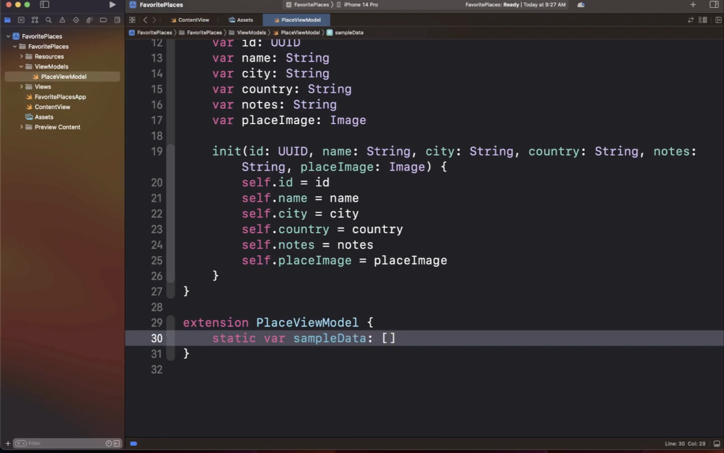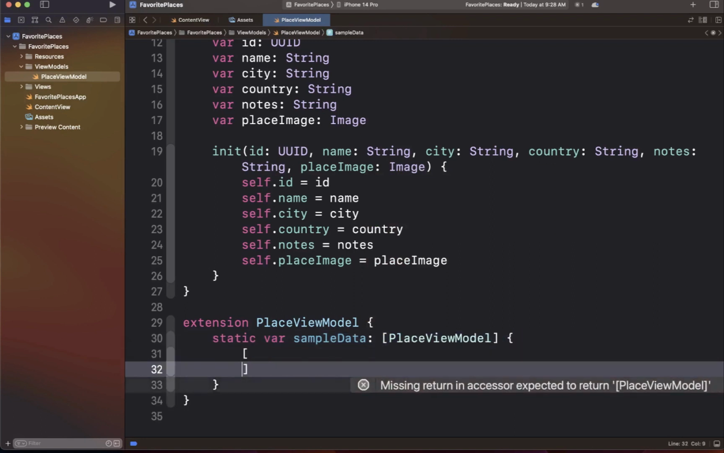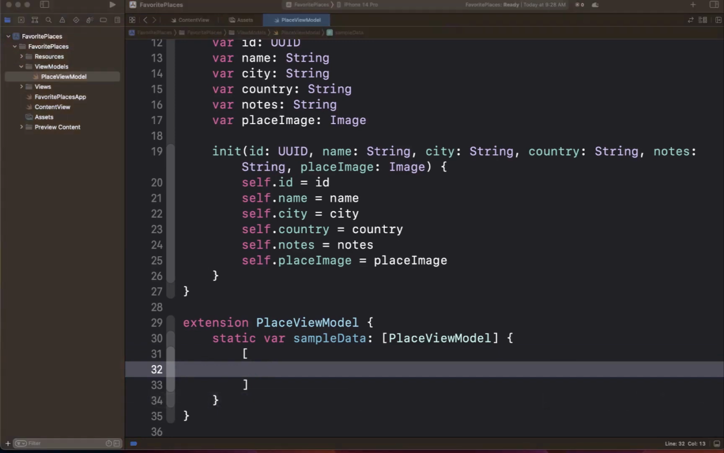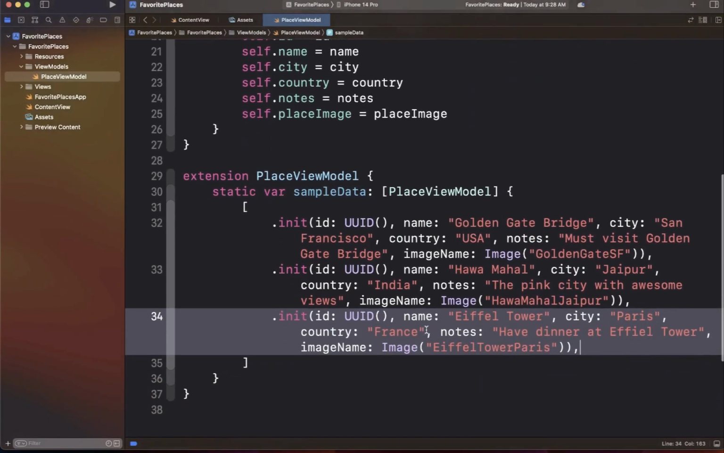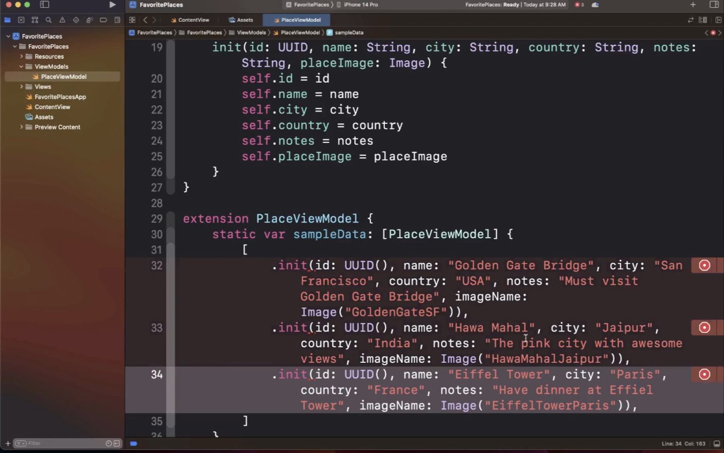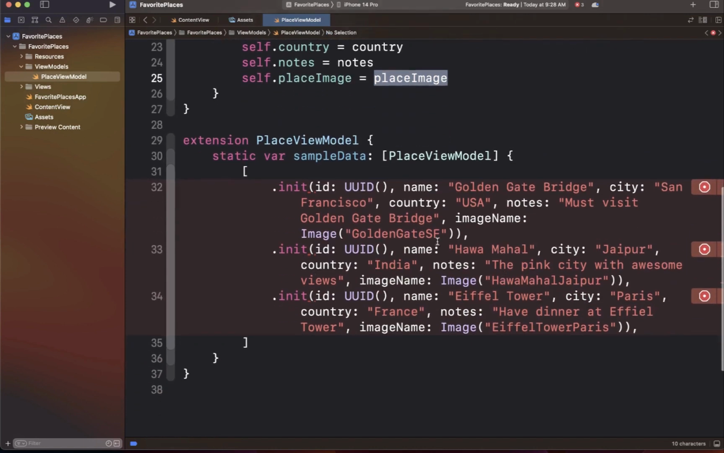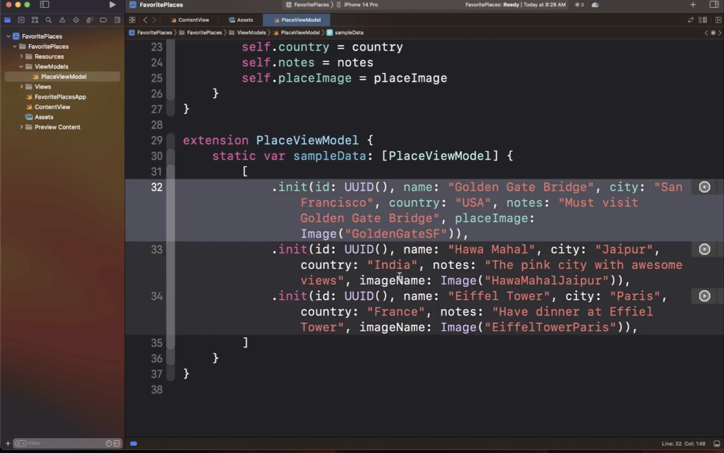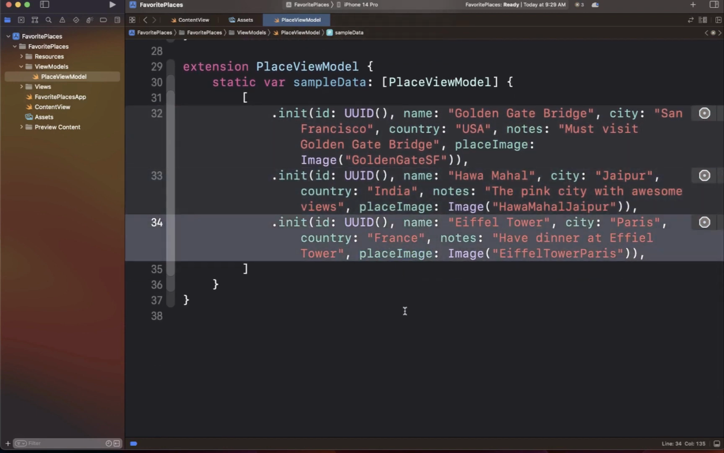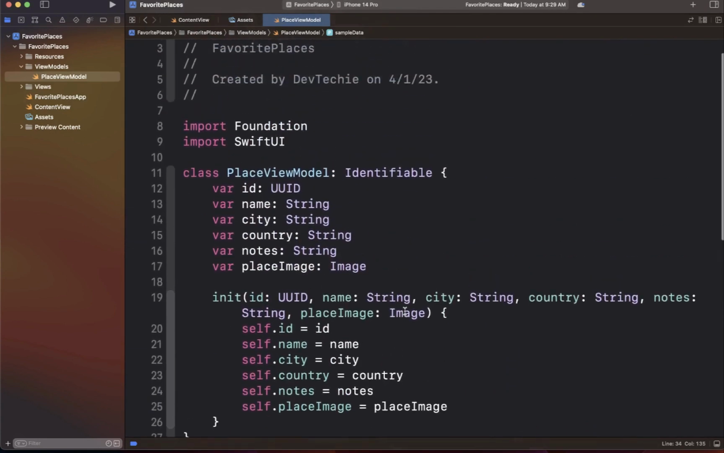This static variable is going to return an array of place view model, and we are simply going to return an empty array for now, so I can actually copy some of the information. Now, this will not work as is. I have a sample project already created, that's where I'm copying it from, but there is one property name which is different, and we actually named it differently. That's why it is complaining. So what I'm going to do is change this image name into place name, and there we have it. Okay, so all the errors should go away,